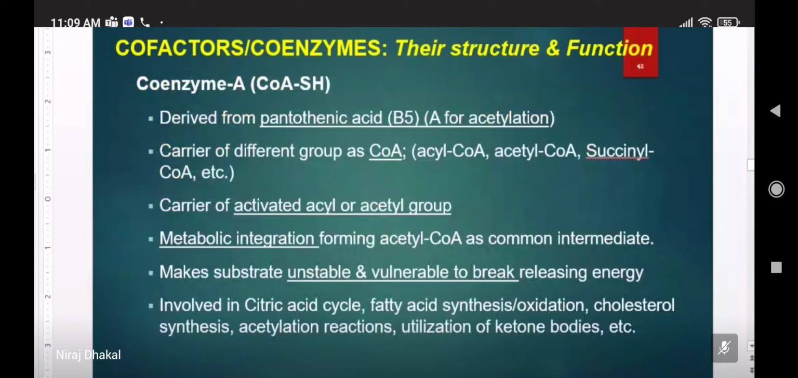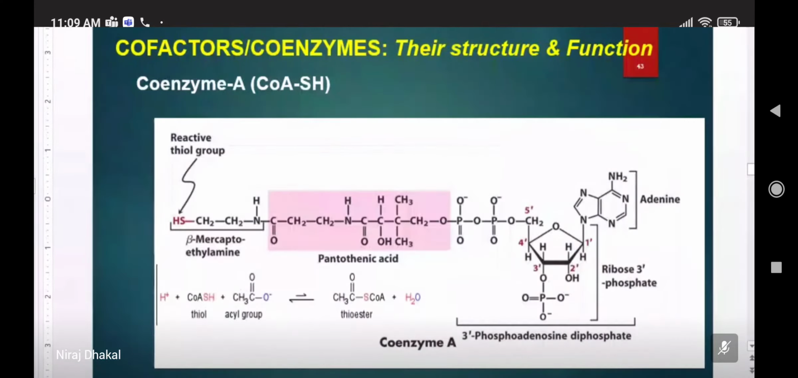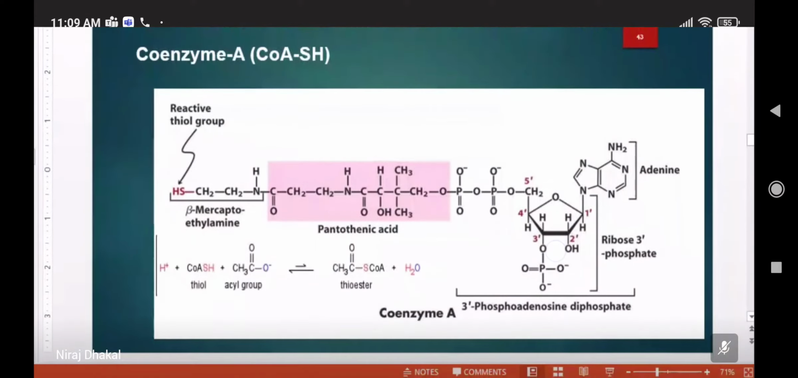Coenzyme A, this one is also completed. It is derived from vitamin B5 pantothenic acid. Their main function is metabolic integration in the form of coenzyme A, that is they help in the activation of substrate, or they form a very important molecule which is called acyl carrier protein. Acyl actually means the activated fatty acid. So they will link up and they will hold the substrate in position in the active